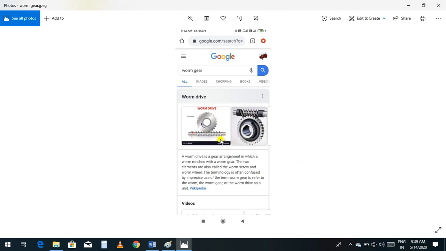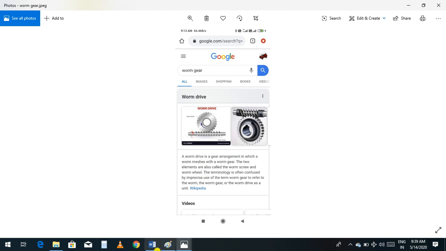It totally depends on this cylindrical helical spring. When it rotates clockwise, it will move forward. Then the upside gear will also move forward. So this type of gear is called a worm gear.